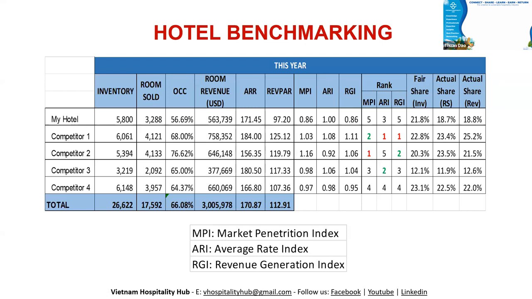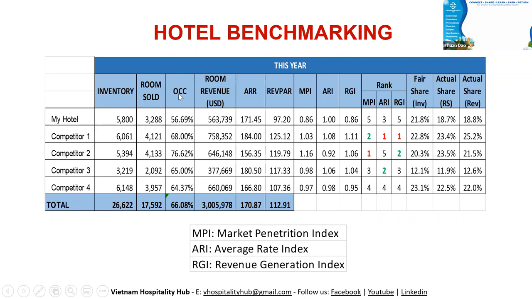Okay, competitive set. Competitive set means including the competitors, direct competitors or indirect competitors, in a set that we can compare. All right, let's say you want to choose hotels A, B, C, D, that you want to exchange the information with: the ADR, the occupancy, the room zone. Usually this is the data that when you join the STR report, you need to provide: the room zone, the ADR.